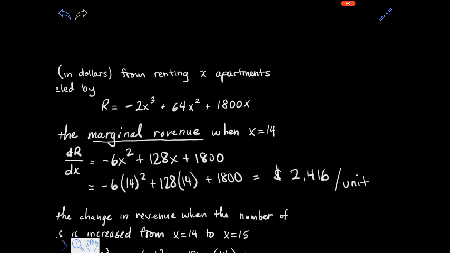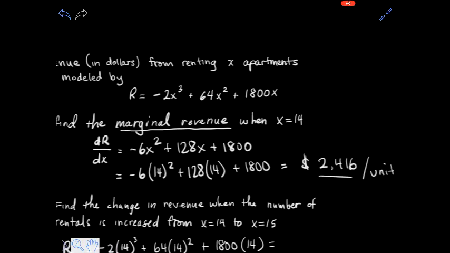$2,416 per unit, meaning if they've changed renting from 14 units to 15 units, that's a 1 unit increase, they can expect their revenue to change by about this amount. And I say by about this amount because a marginal revenue is a close approximation to the actual change in revenue. And that's what part B